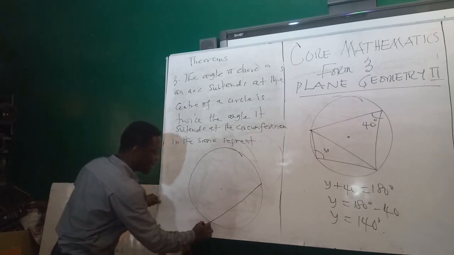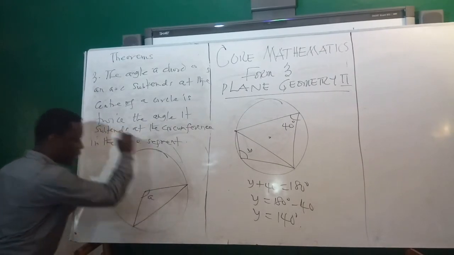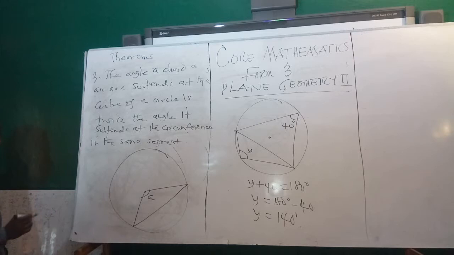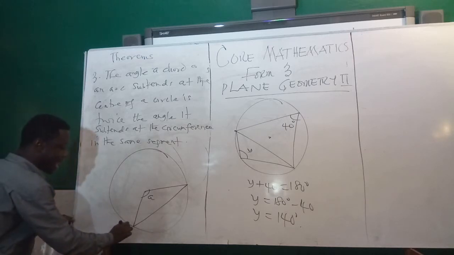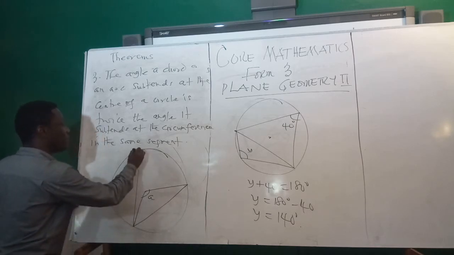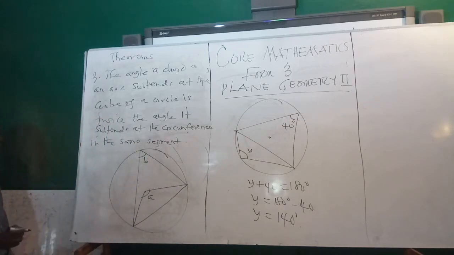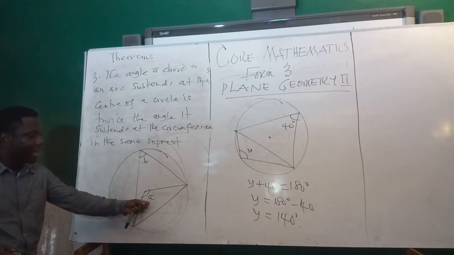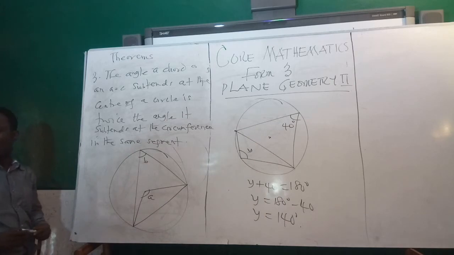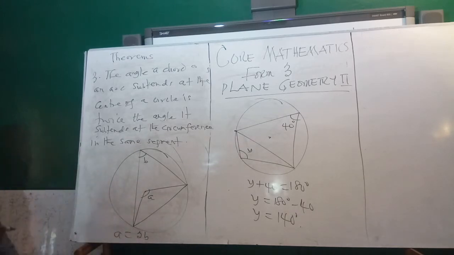So if this chord subtends, or forms an angle at the center, let's say an angle A, and then the same ends of the chord subtend another angle, in the same segment, but this time at the circumference. The angle is formed at the circumference, not at the center. We are saying that if you have that situation, then the angle formed at the center will be twice the angle formed at the circumference. So it will mean that our A will be equal to 2 times the one at the